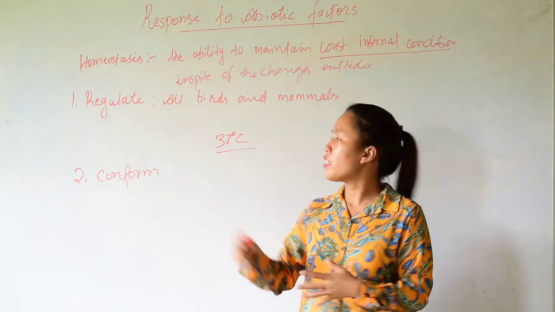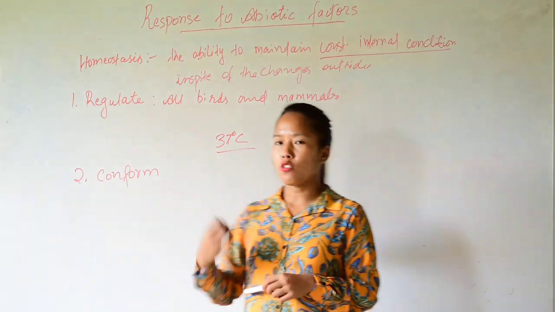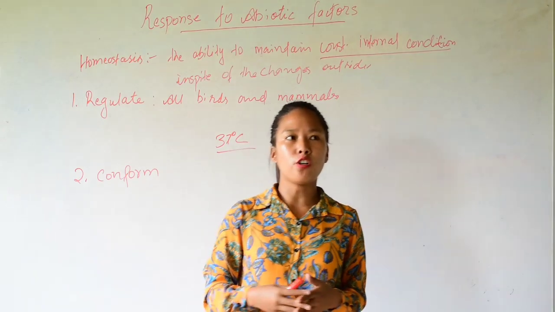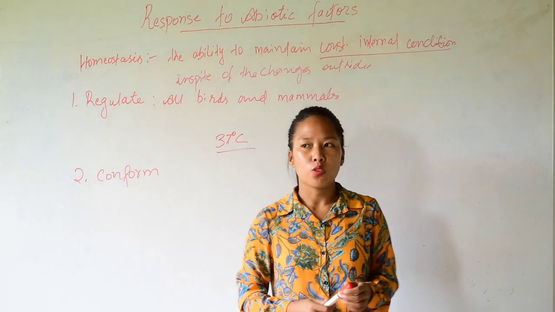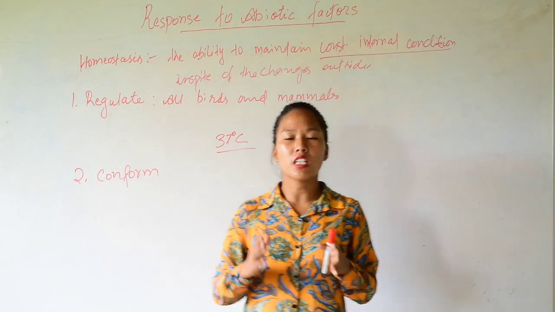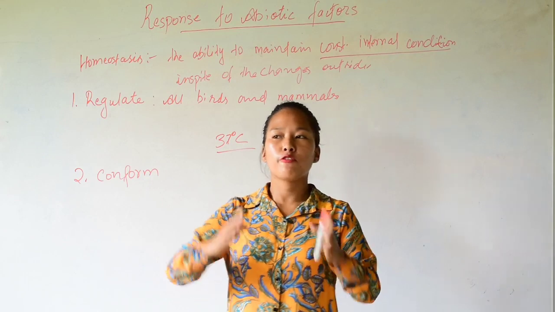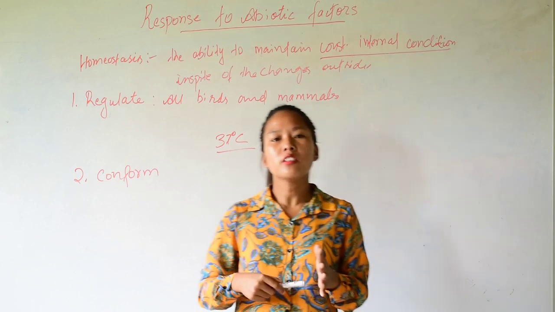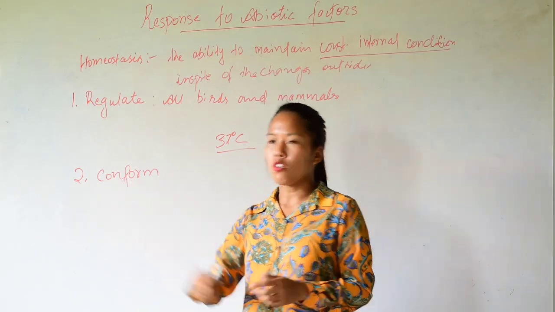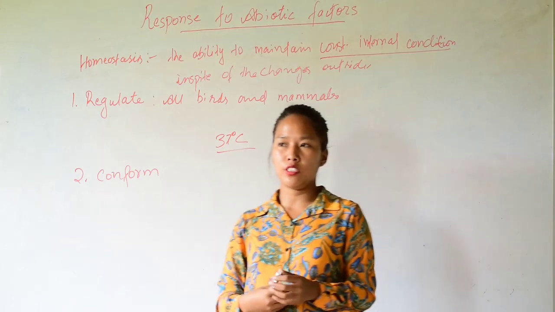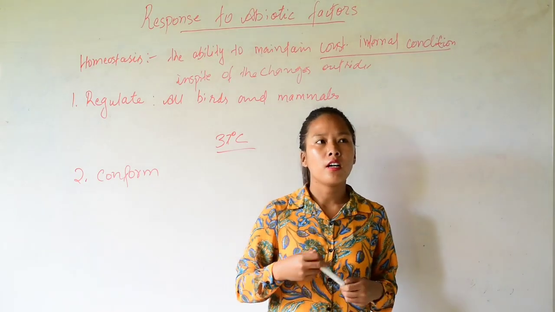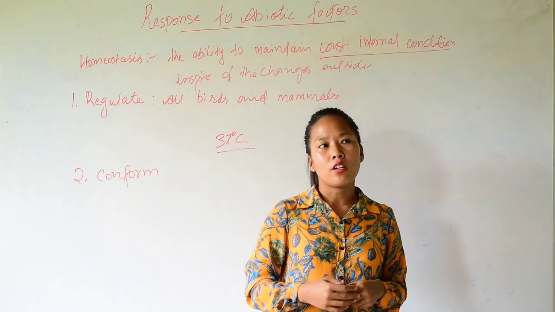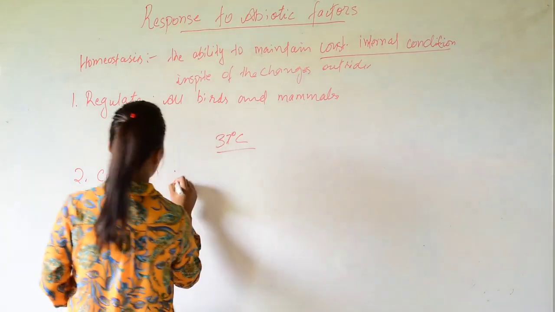Now, why have these conformers not evolved to become regulators? We already know the benefits of maintaining a constant internal condition. When an organism is able to maintain a constant internal condition, that organism is able to function with maximum efficiency. So maintaining a constant internal condition is very beneficial, but these conformers have not evolved to become regulators. Why? It is because thermoregulation is very expensive energetically for some animals like shrews, small animals